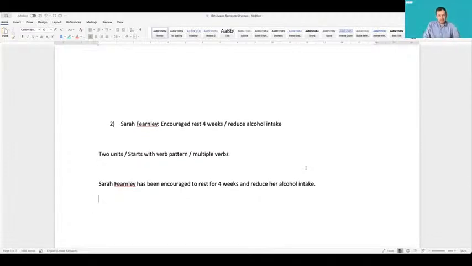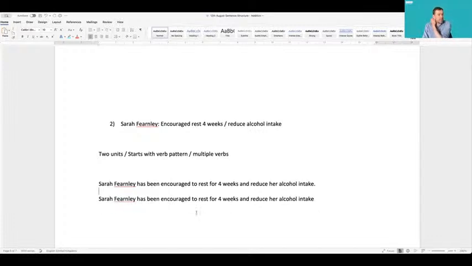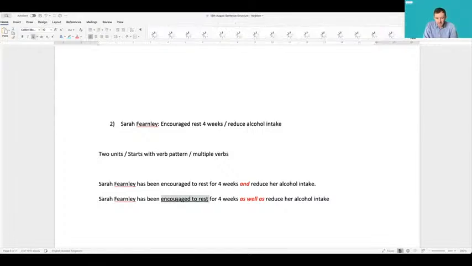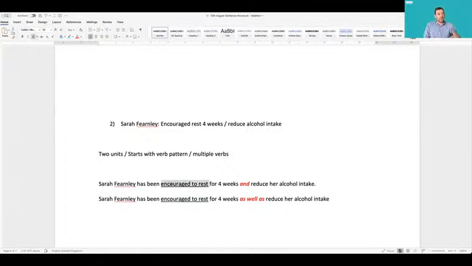But if I was going to use along with or in addition to, or as well as, I'd say the same thing. Okay, Sarah Fernley's been encouraged to rest for 4 weeks as well as. It's just the same. It doesn't change. That's where it gets a bit tricky, isn't it? Because you're thinking it should be a noun, but it's not, because you've got encouraged to rest. As I said earlier on, you've got 2